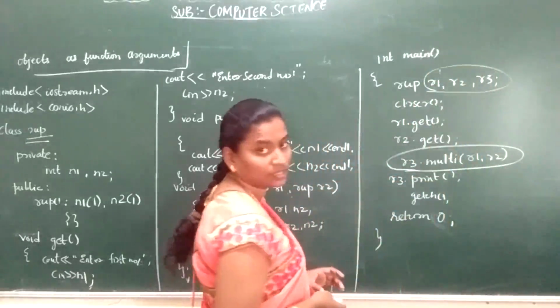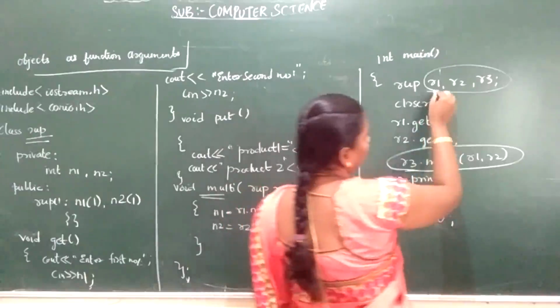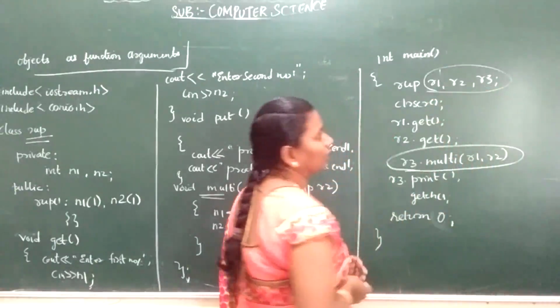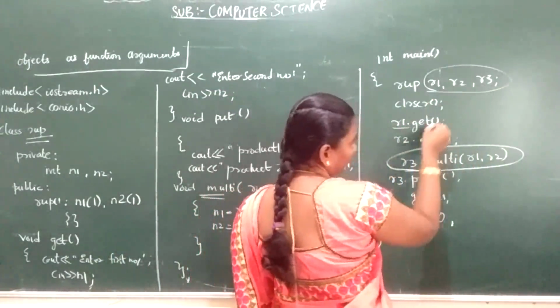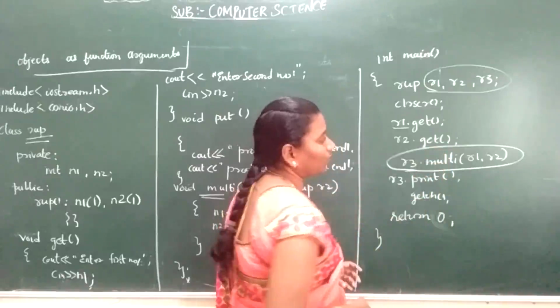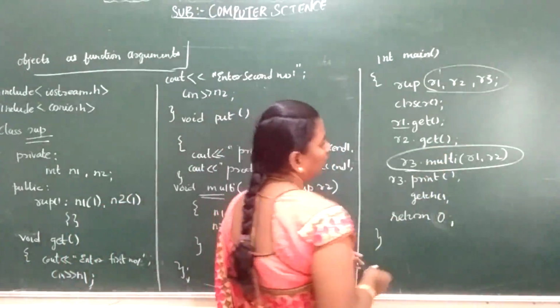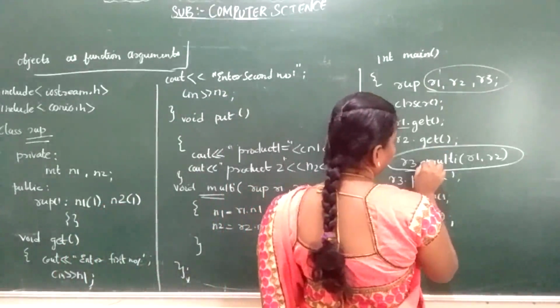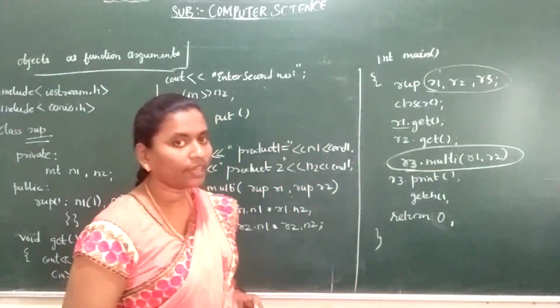By using the class name, what was your class name? RUP. By using the class name, I am creating 3 objects, R1, R2 and R3, and I am calling clear screen to clear your screen. By using R1 I am calling get, and again with R2 I am calling get. Two times I am calling the get function. But when I want to access the member function, you have to access it by using the object itself. So R3 dot